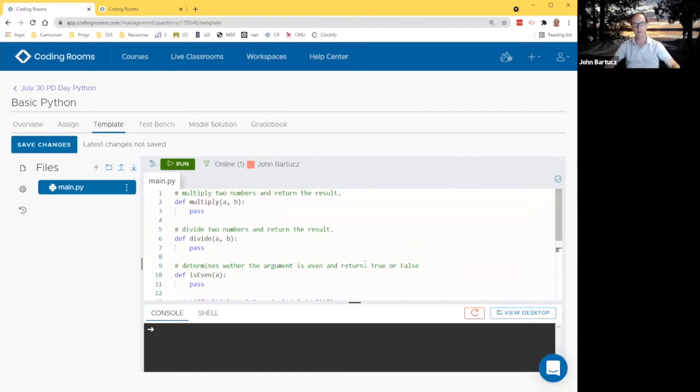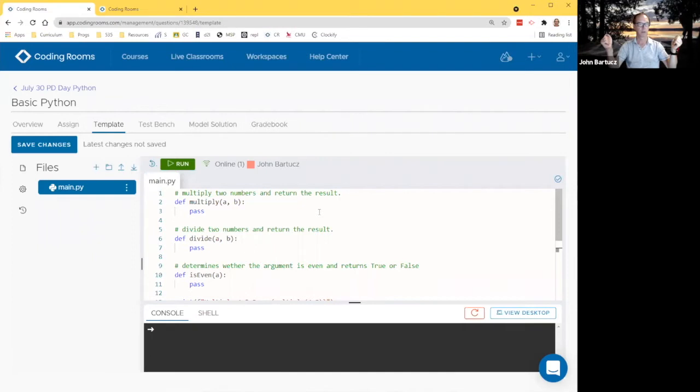And what this does is it allows you to give some code to your students in advance. So say you're having them learn about the print function. It's their first week, and they don't know anything about functions or anything like that. So you want to make sure that they have enough code to get them started,